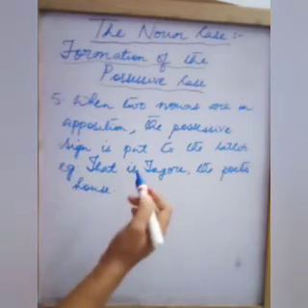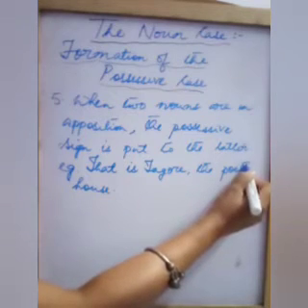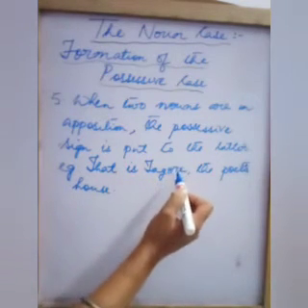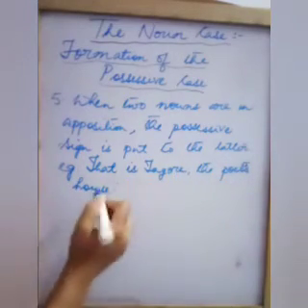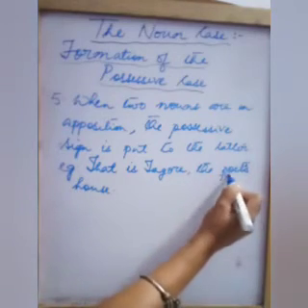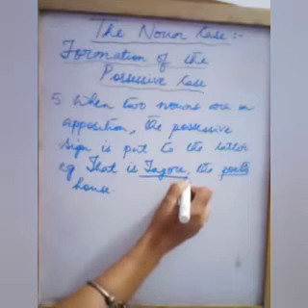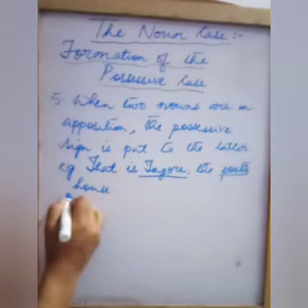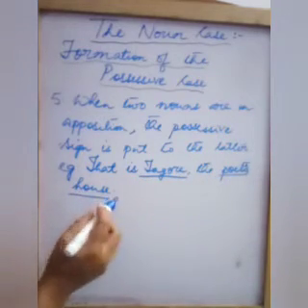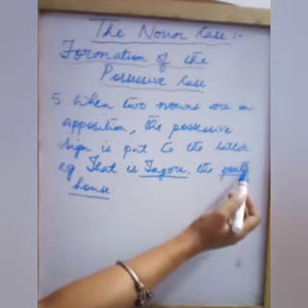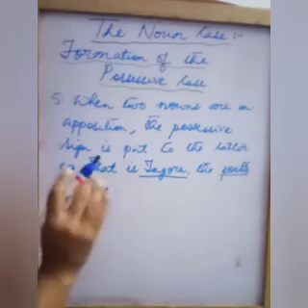So what we are saying here is that is Tagore, the poet's. See, we have put the apostrophe here. We haven't put Tagore's and then again said poet's. No, that is Tagore, the poet's house. Isn't it? This noun poet is describing this noun further, telling that it is the house of Tagore. So here we have put the possessive sign with the latter noun, not the former one. Clear?